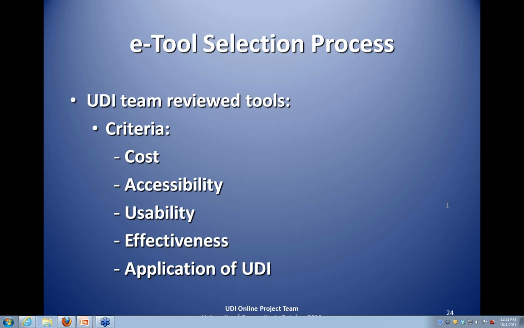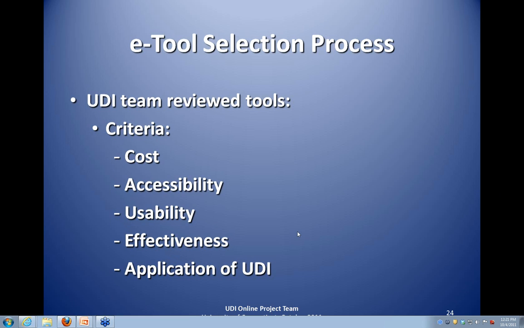The second question was accessibility. Does the e-tool make the course content more attainable to a range of diverse learners? The third area was usability, and could the e-tool be easily implemented into the course by the faculty member? And can this be done without the need for support through instructional design teams? The idea was really user as faculty as designer, so they should be able to use that tool fairly easily.